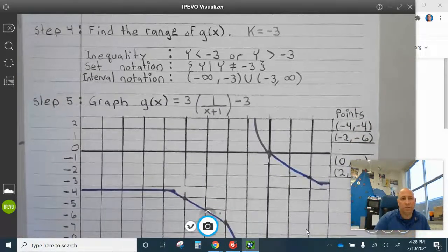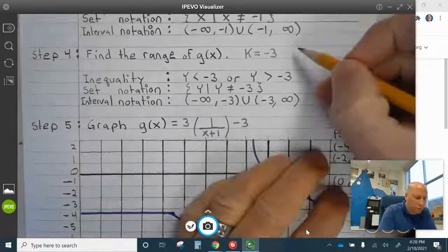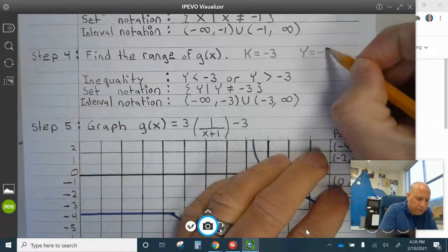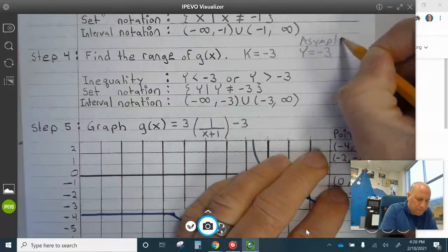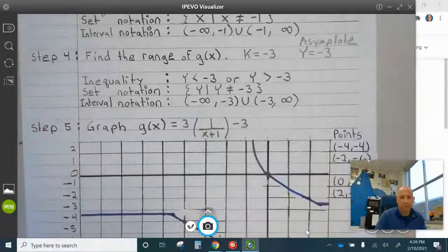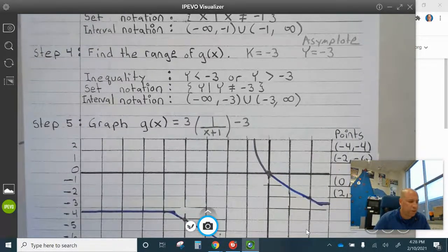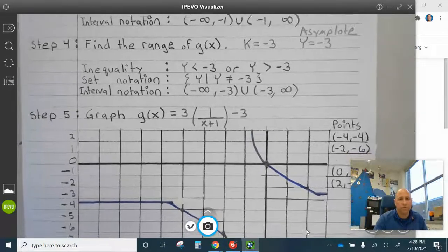Now, step 4, find the range of g of x, and that's based on k equals -3, which is your y equals -3, which is your asymptote. Okay? Now, inequality notation is y is less than -3 or y is greater than -3. Set notation is y such that y does not equal -3, and interval notation is -infinity to -3 or -3 to infinity. Okay, so let's go ahead and graph